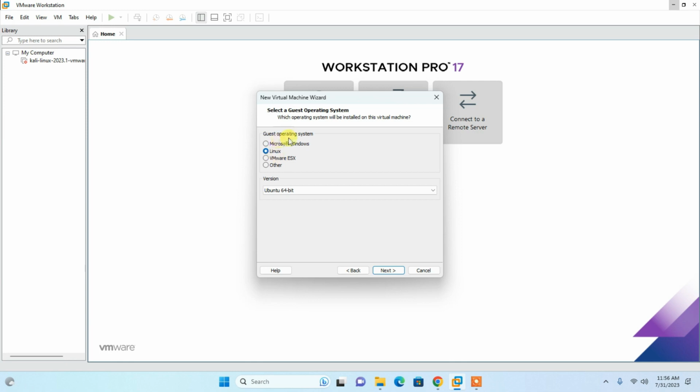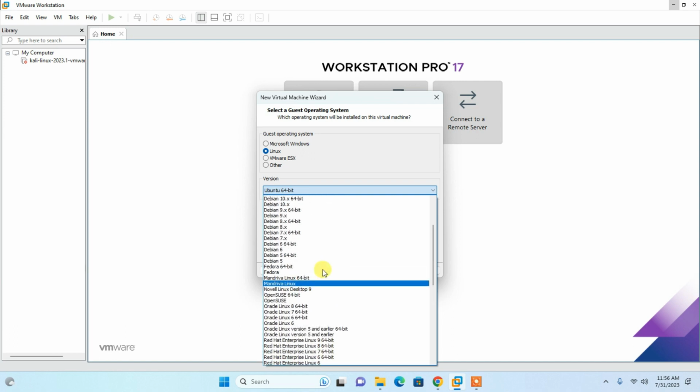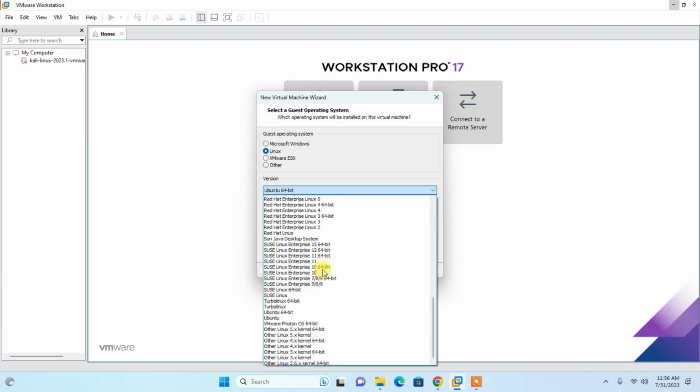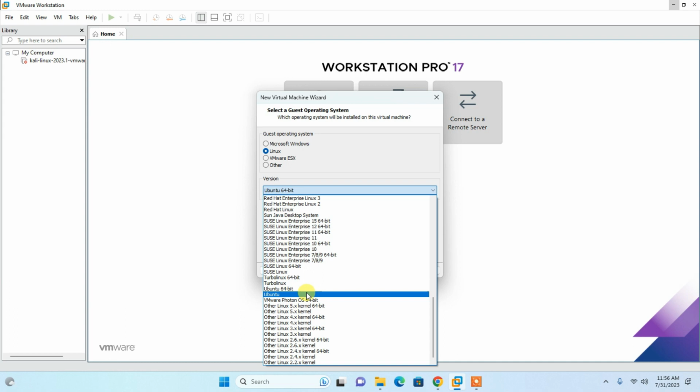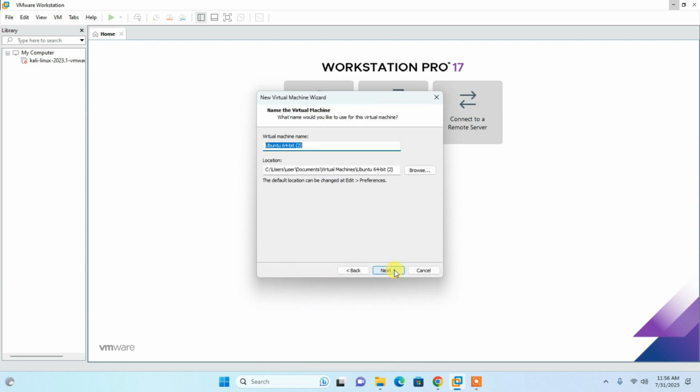As you can see, the operating system platform is Linux, so we should choose Linux Mint, but we have to choose the nearest one because Linux Mint is not available here. So we should go for Ubuntu 64-bit, which is closest to Linux Mint. Click next, and you have to choose the space where you want to create the virtual machine. Click browse,